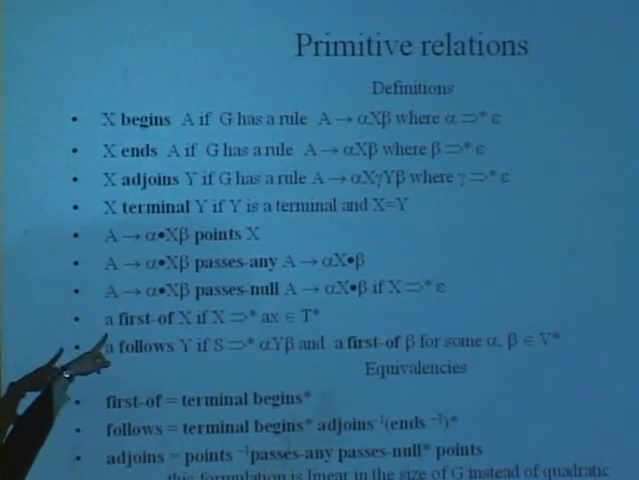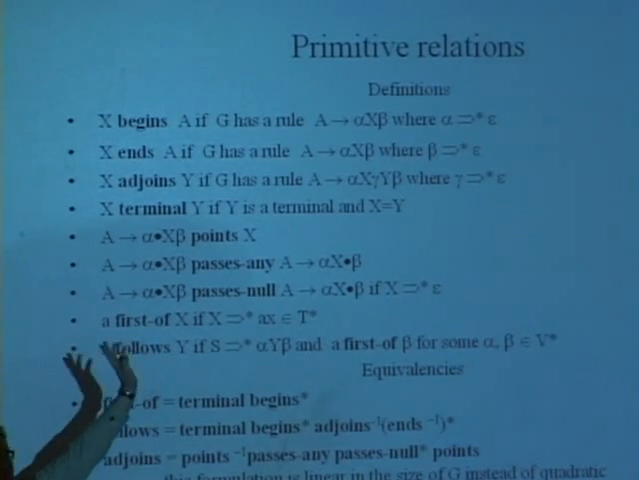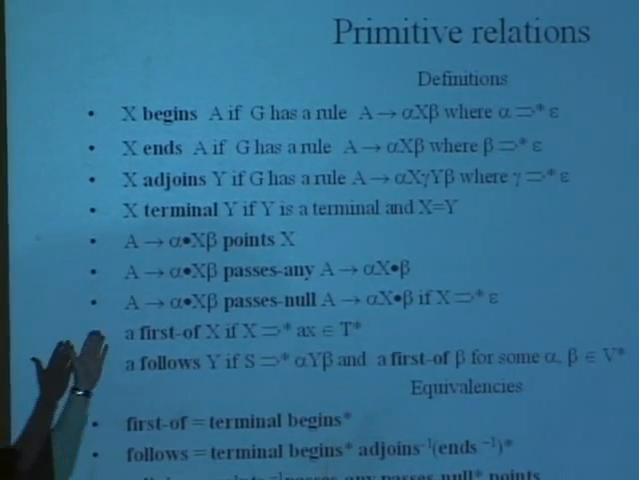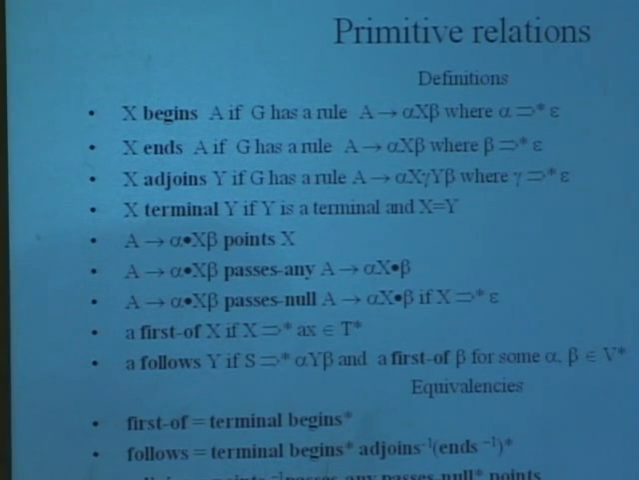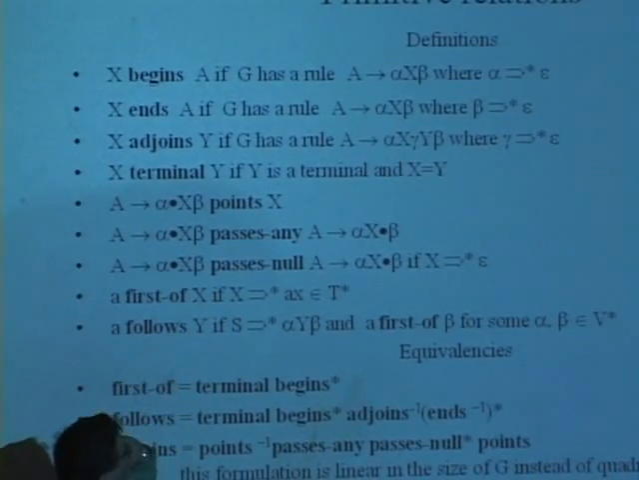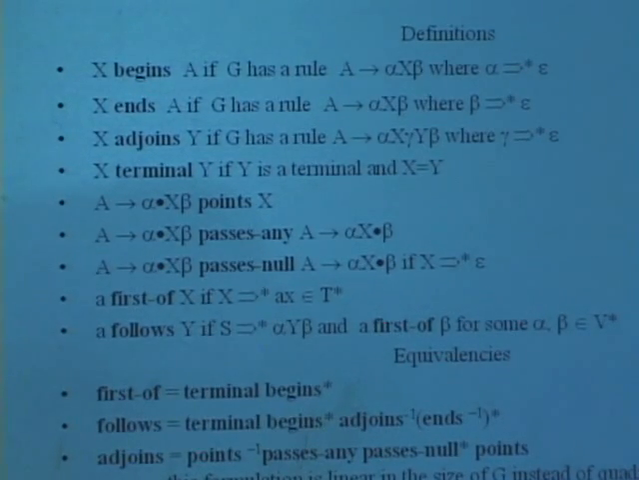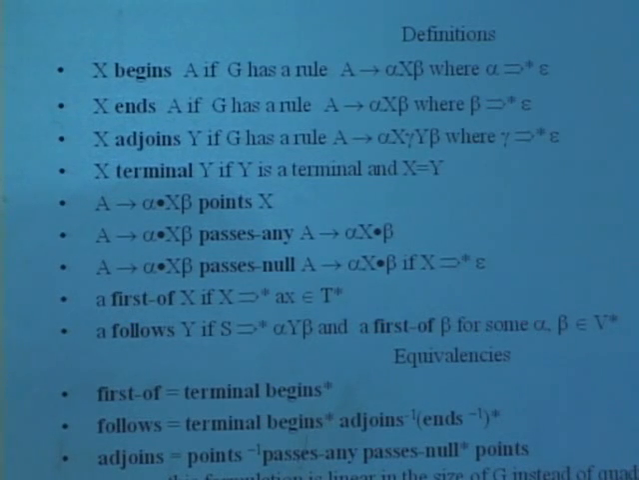X begins A if you have a rule where X is in the production and the prefix before that reduces to null, right? Or can reduce to null. Say X can end A in essentially a symmetric way if the suffix reduces to null. X adjoins Y if the grammar has a rule that A goes to alpha X gamma Y beta, and gamma reduces to null. X terminal Y if Y is terminal and X is equal to Y. In other words, that's one of those filtering relations. It's just the set T,